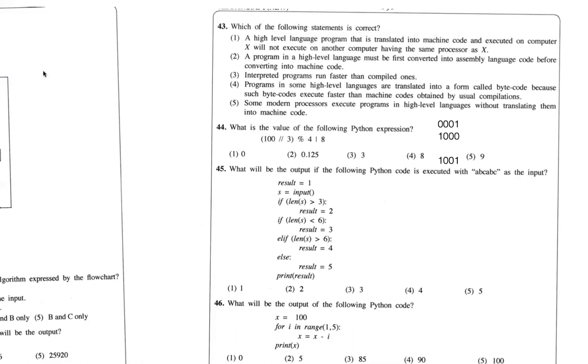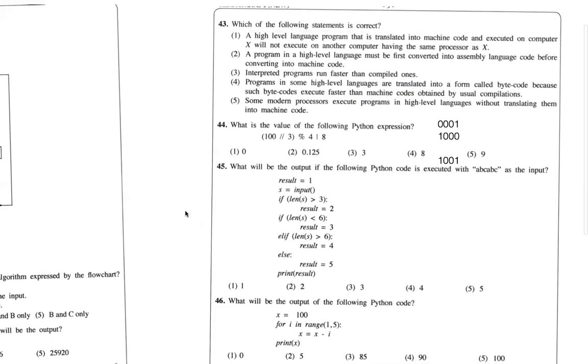Good. So it seems that you are at a good level, you are answering well. What will be the output if the following code is executed with ABC as the input? Result equals 1, S equals input, ABC. If length is greater than 3, result will be 2. If length is less than 6, 1,